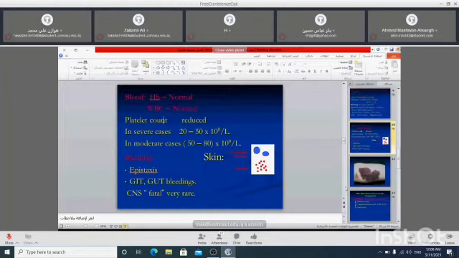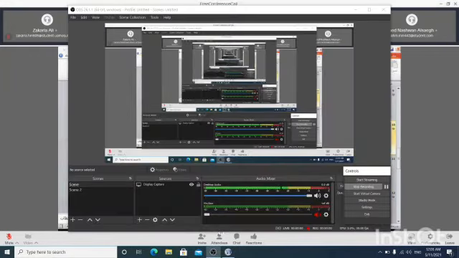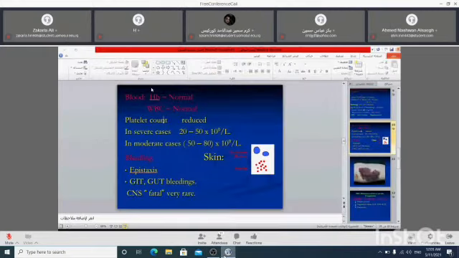If we do the complete blood picture for the patient, usually the patient has normal hemoglobin, normal PCV, normal white cell count. The problem is in the platelet count. We do the complete blood picture and see normal hemoglobin, normal PCV, normal white cells. The problem is there is only a reduction in the platelet count. Of course the degree with